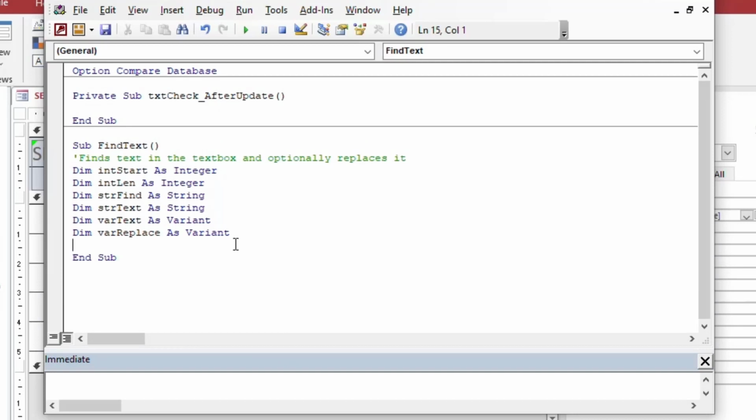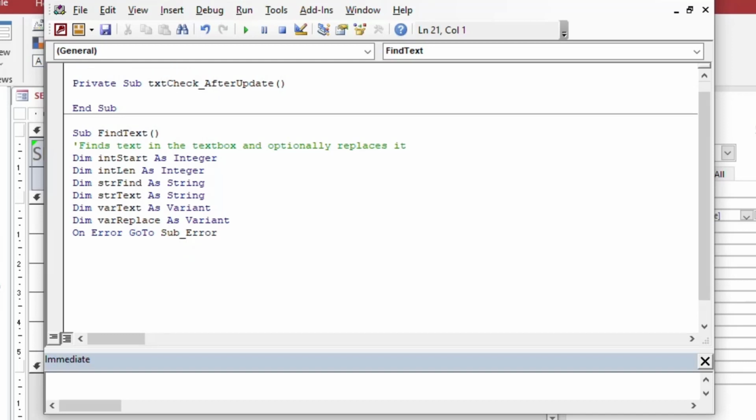We'll use one for the text and one for the replacement, which could be null if we don't want to replace and we just want to find whatever text it is in that text box. So in that case it would be a null, and so we want to have a variable that will handle a null. So I'm going to jump to the end of our procedure here,